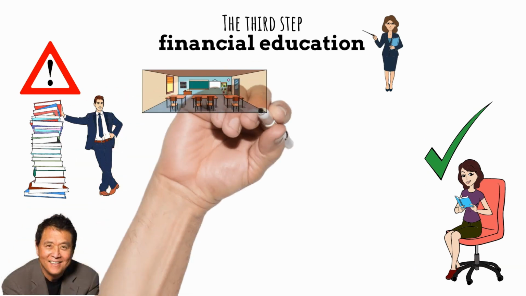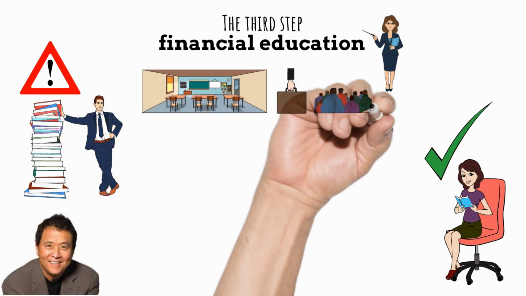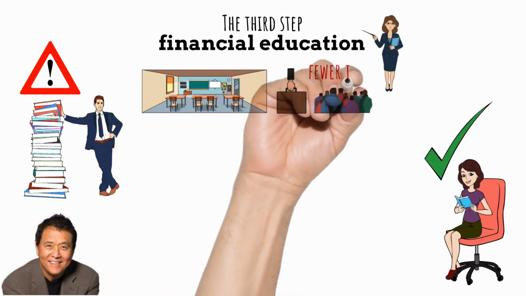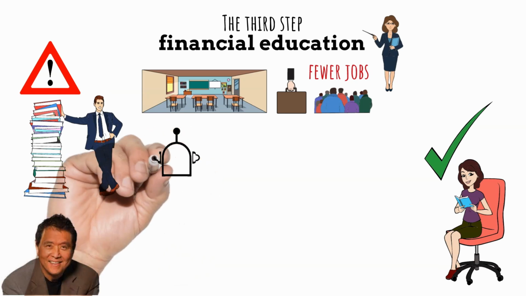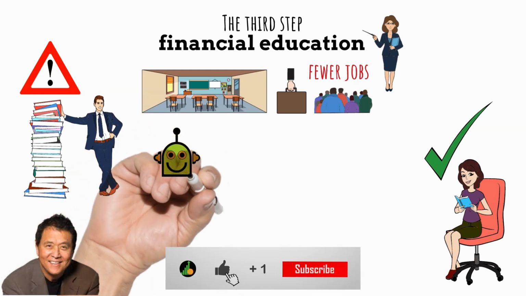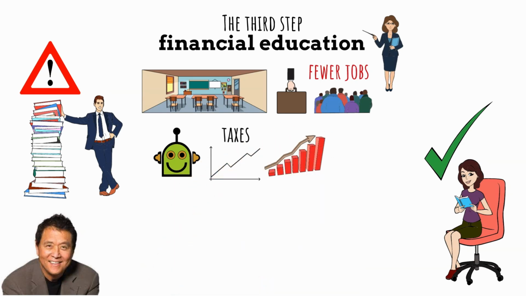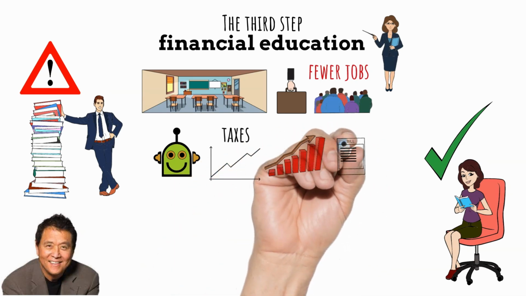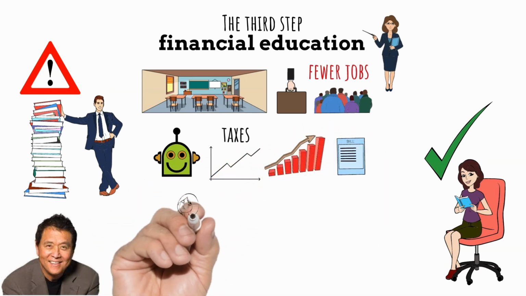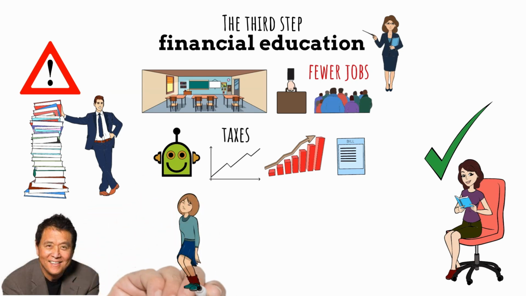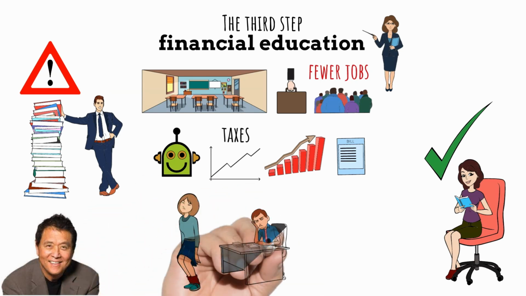Schools traditionally teach you to get a job and conform to society, but there are fewer jobs out there. Workers are being replaced by robots and artificial intelligence, taxes are going up, and inflation is rising. Utility bills are coming up, and it looks like they're not going to stop anytime soon. That's just the reality for people on earned income. People who have a job are actually getting poorer every day.